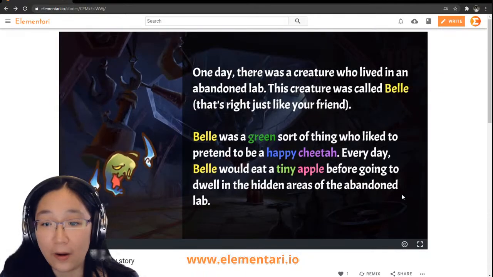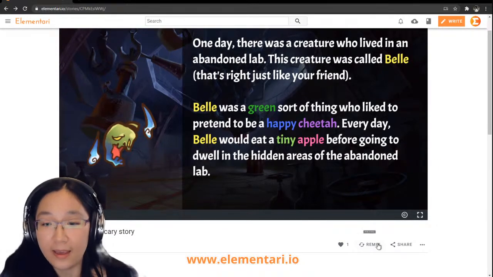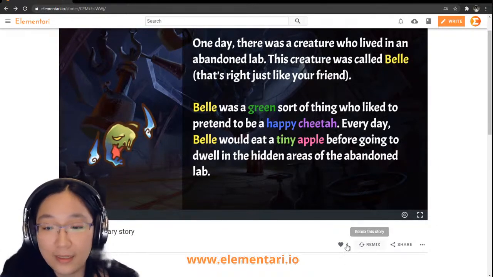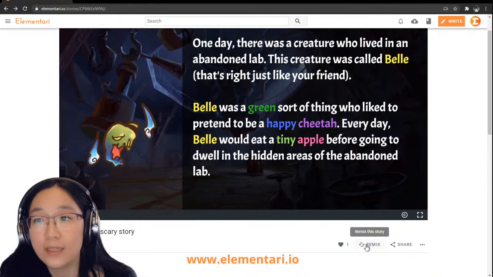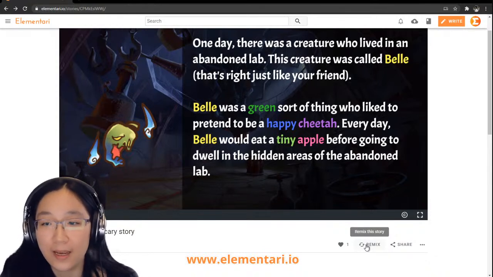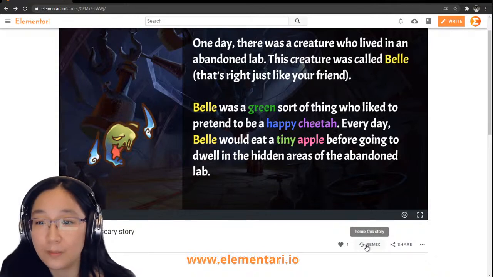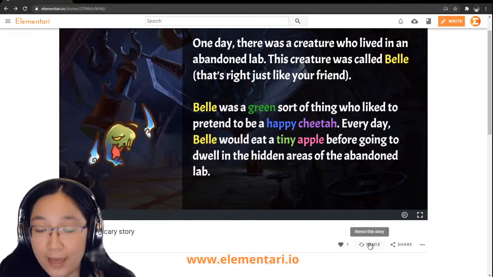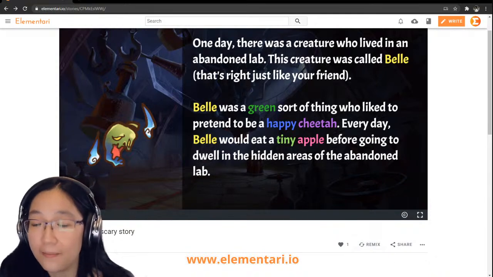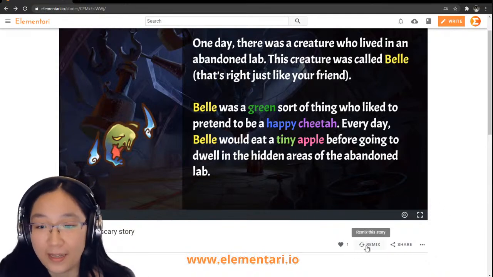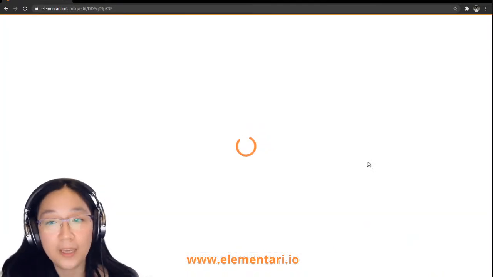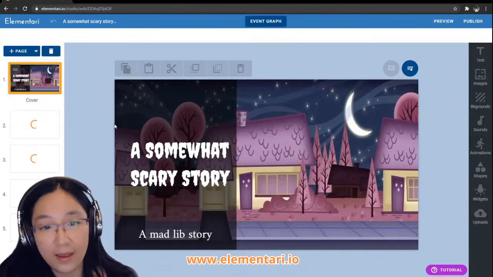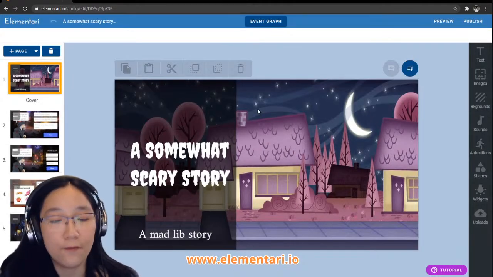Okay, so we're going to create our own, and how we're going to do that is there's this button called Remix. So Remix allows us to copy this story and all of its code, and we could then use it to create our own stories. Okay, so I'm going to go ahead and click on the Remix button. If you guys at home want to do it as well, you can do so. Okay, so let's go. Remix. So I'm going to click on Remix. It's going to copy everything. And now I have my story here for me to work on.